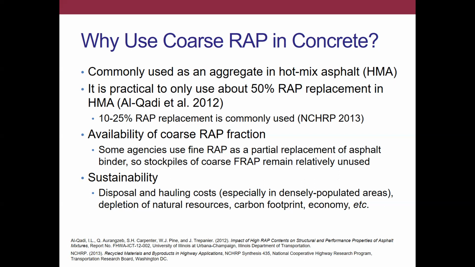In addition, and this may not be universal, it certainly seems that some agencies are fractionating the RAP. We call that FRAP, so it's known as fractionated reclaimed asphalt pavement. Some agencies will fractionate it into coarse and fine fractions based on the number 4 sieve or 4.75 millimeters. Now, the fine fraction has a higher asphalt content, so that is much more commonly replaced into new asphalt pavements, particularly as a partial replacement of the asphalt binder, again, because the fine fraction has a significantly higher asphalt content.